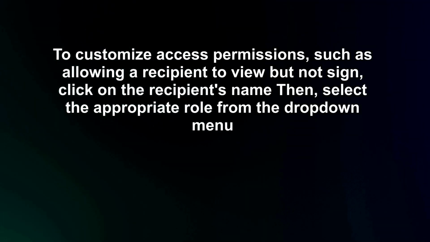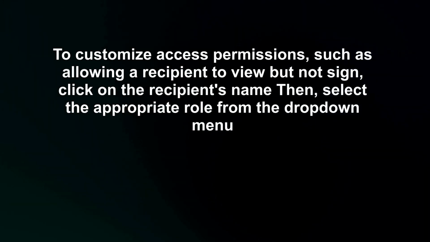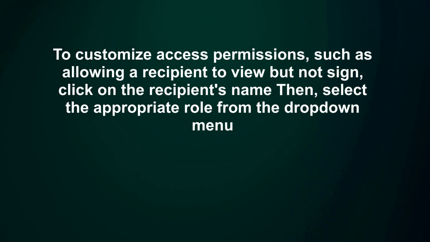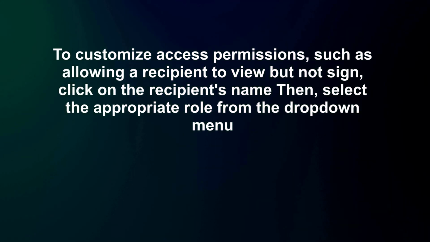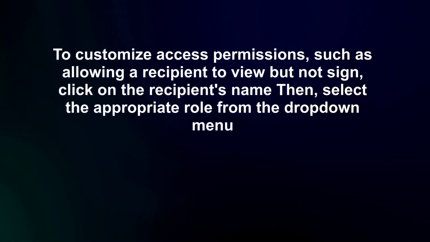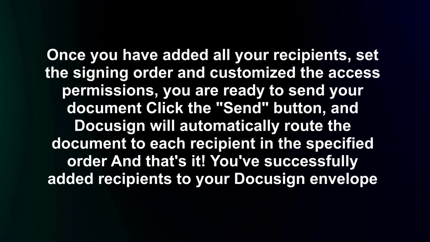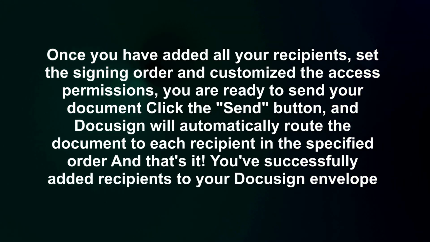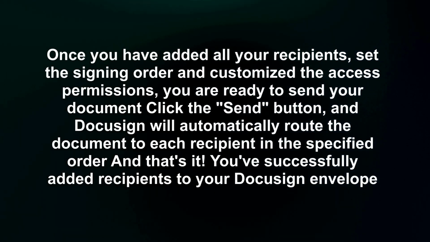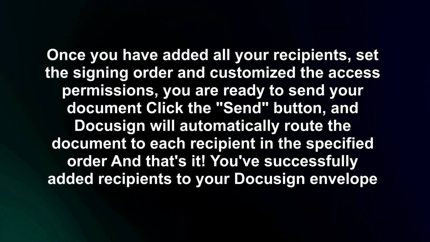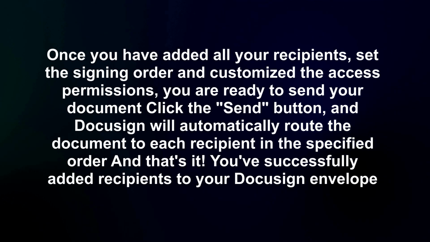To customize access permissions, such as allowing a recipient to view but not sign, click on the recipient's name, then select the appropriate role from the drop-down menu. Once you have added all your recipients, set the signing order and customize the access permissions, you are ready to send your document. Click the Send button, and Docusign will automatically route the document to each recipient in the